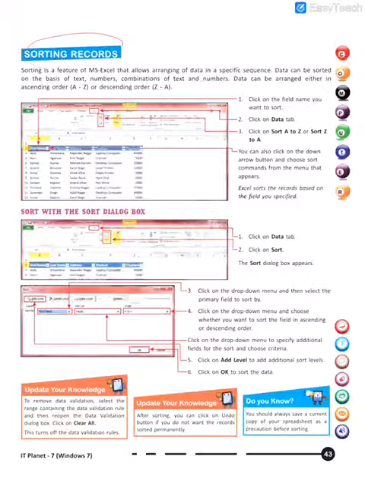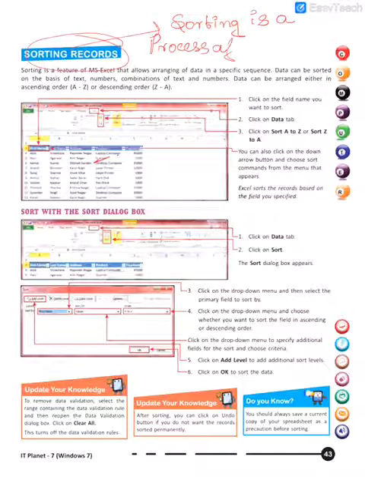Now what is the meaning of sorting? Sorting is a process of, as I told you, arranging data.